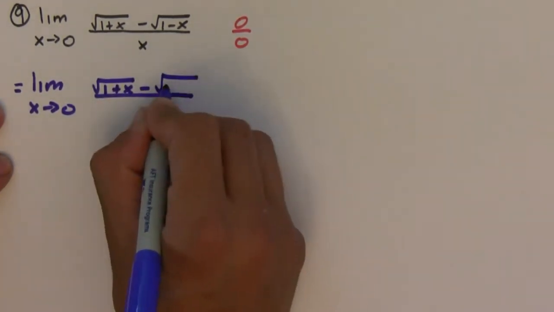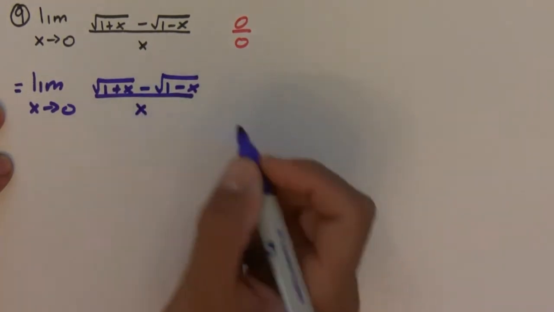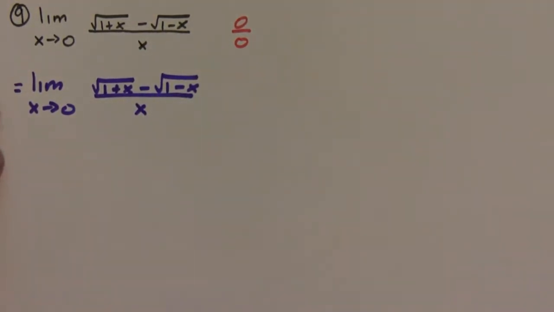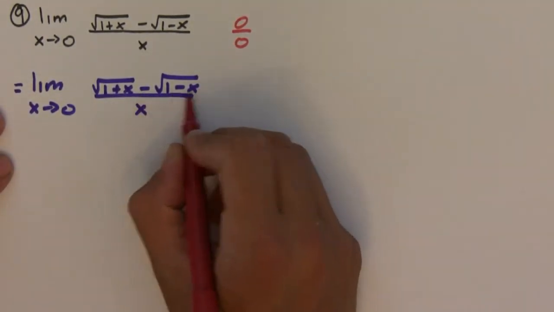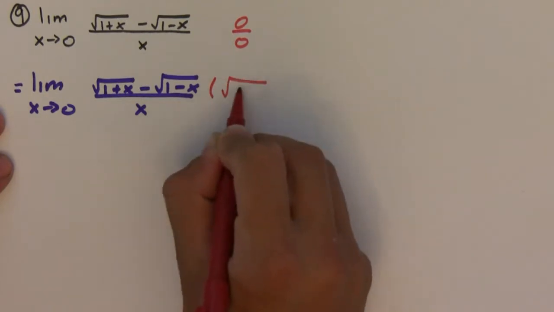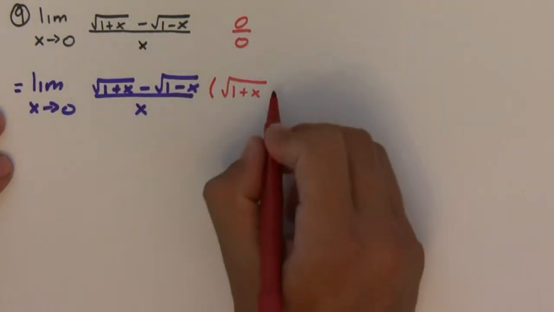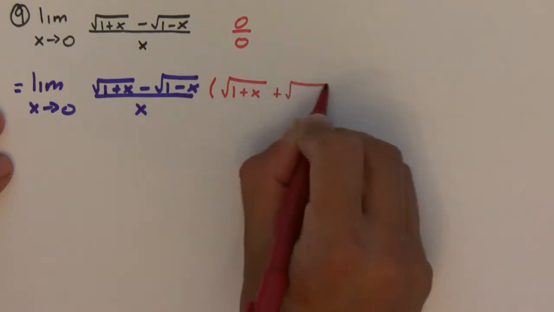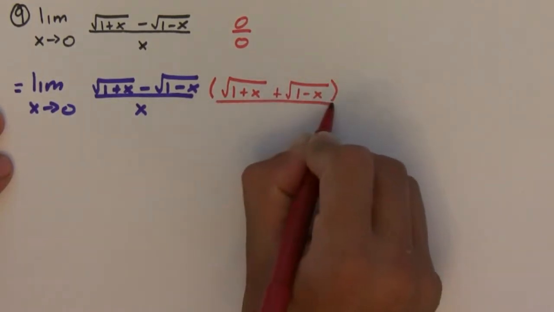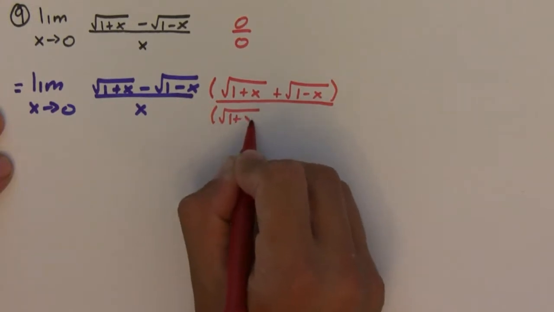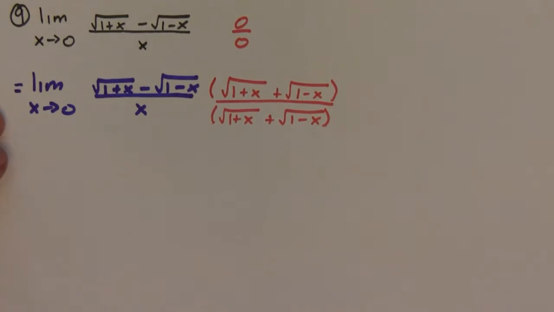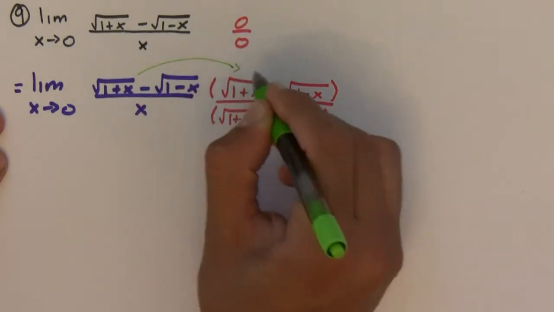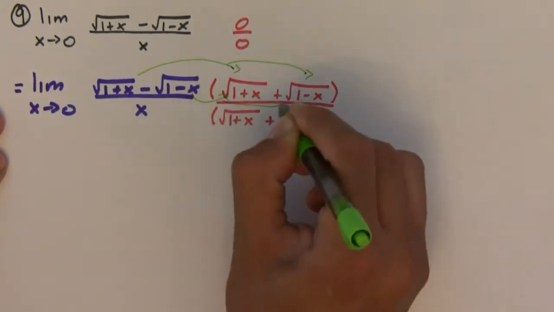I'm just going to rewrite it again. The first thing we should try is to multiply top and bottom by the conjugate of what the square roots are and see what that gives us. So we're going to multiply by square root of 1 plus x plus square root of 1 minus x. And if I do that, let's take a look at what happens on the numerator. So if I FOIL this out,